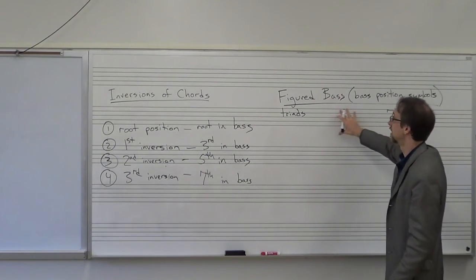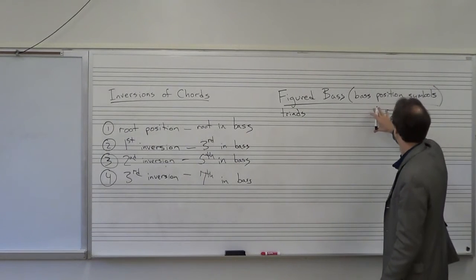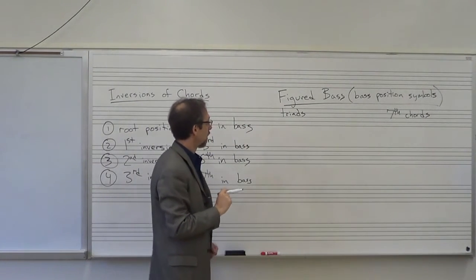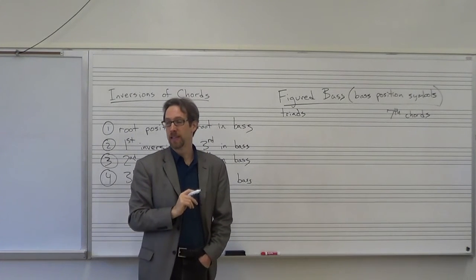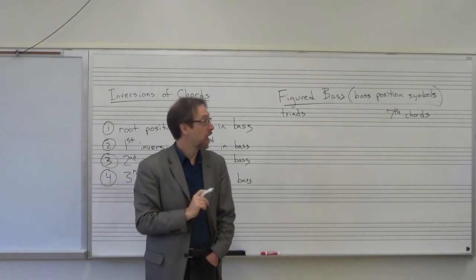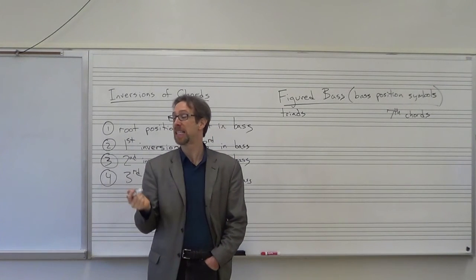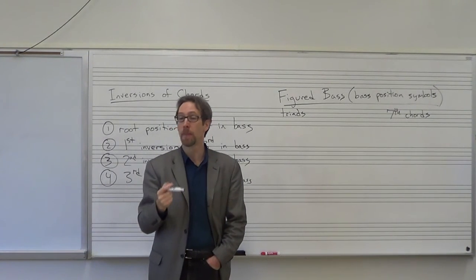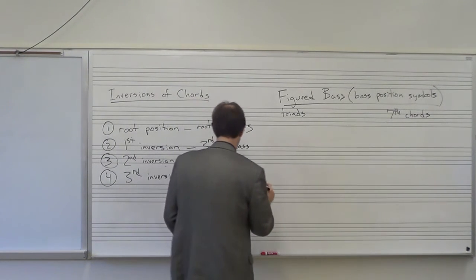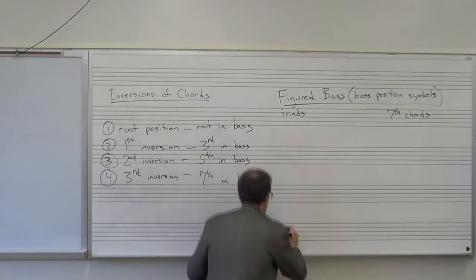Our next thing is something called figured bass, also called bass position symbols. So figured bass started off as something very common in the Baroque era of music, and it was a way of writing out a bass line and putting some numbers underneath it that would then tell you what the chords should be. So as an example, let's write out